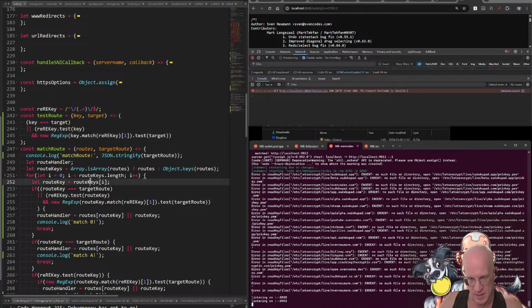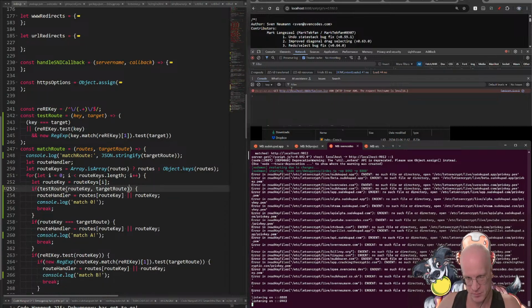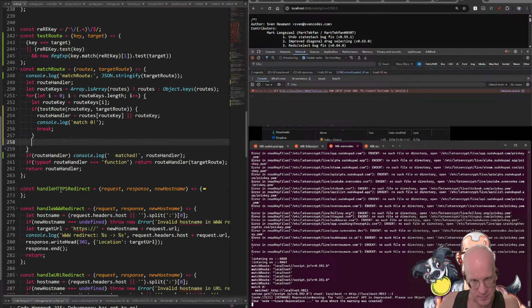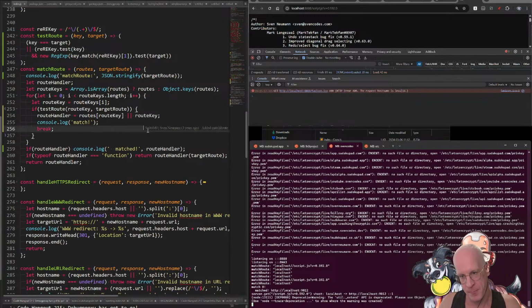Now, we can say if testRoot key target route, we'll do that. And then that should just match, and then we don't need any of this stuff. Okay. Now, if route handler